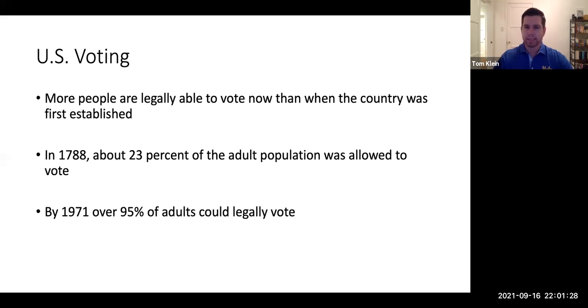So not everyone can still vote in this country. Who might that be? Felons, some ex-felons, depending on the crime and the time period in the state. That'll differ from state to state. So I think an interesting question is, should felons be able to vote? Should people in prison be able to vote? And should former people who've committed a serious crime be able to vote? It's somewhat controversial, but I'm curious to see what you guys think about that.